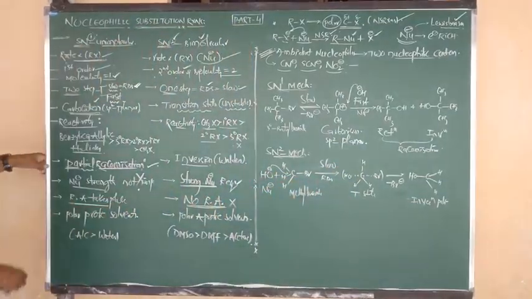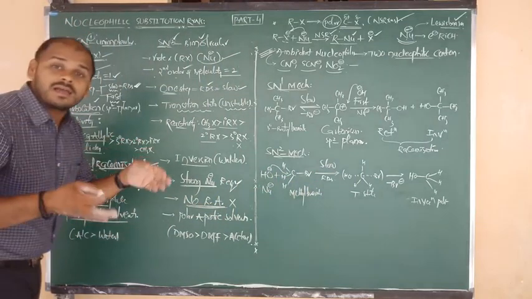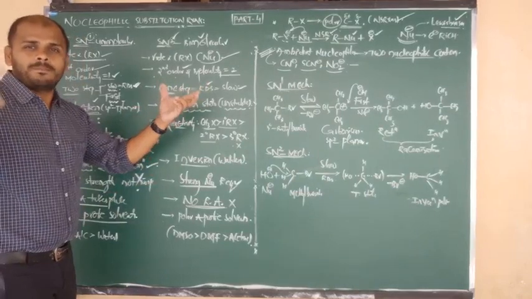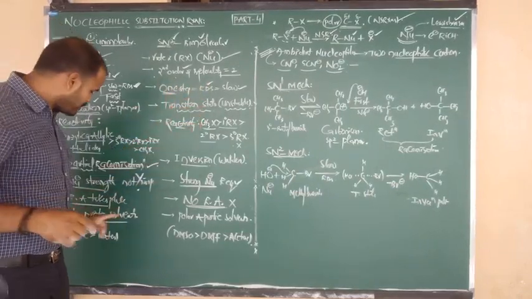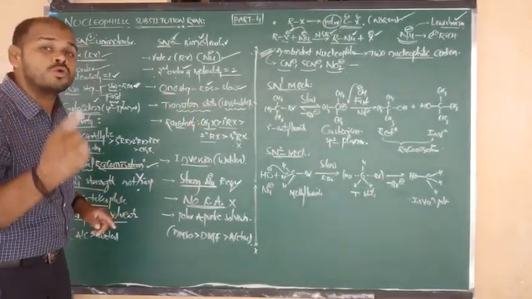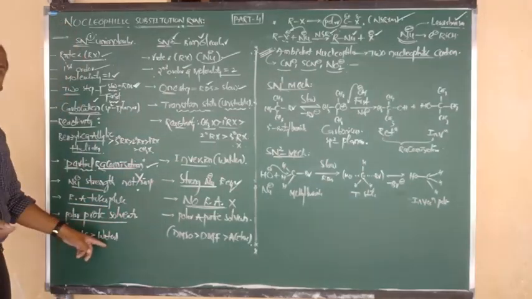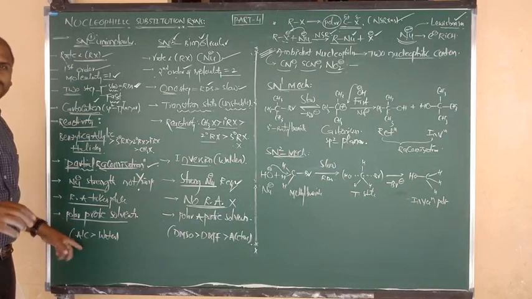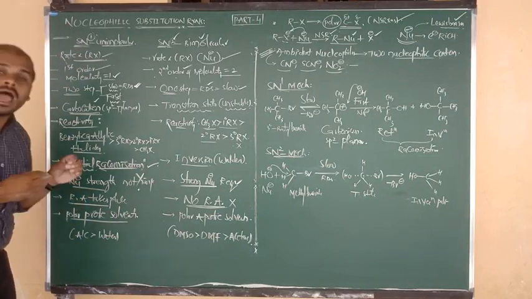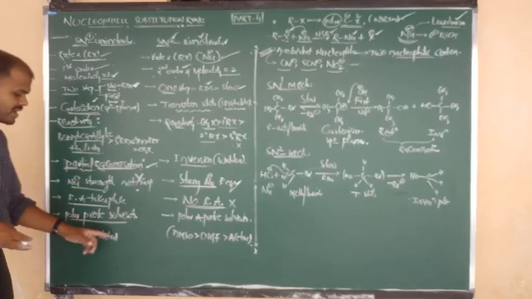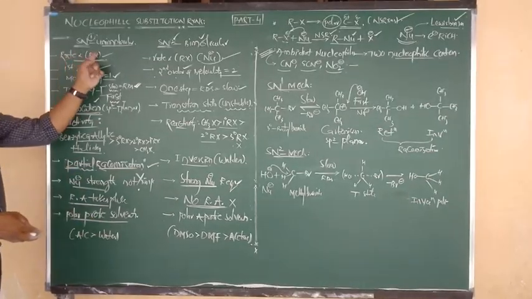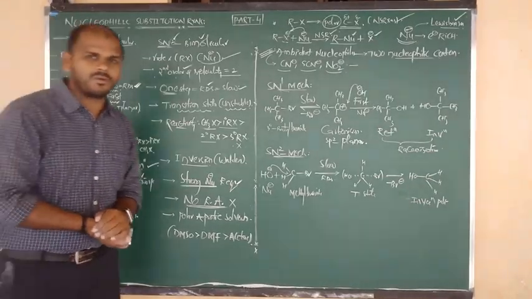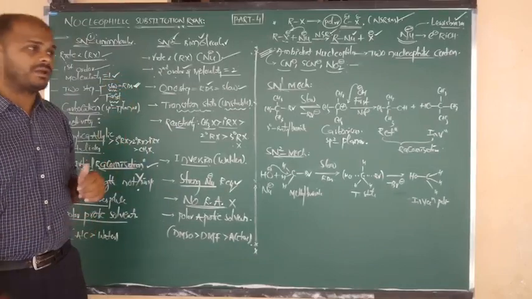Good na? Next one: SN1 reactions take place in polar protic solvents. Polar means they have plus and minus. Protic means they are ready to donate the proton H plus, like water molecule, a polar protic solvent, or alcohol, a polar protic solvent. We can say these are good ionizing solvents. So in presence of these good ionizing solvents, we will get the SN1 mechanism. Okay na?